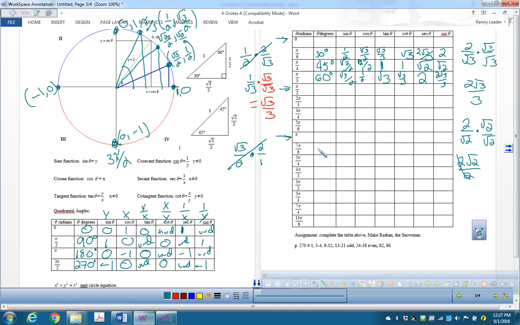But how about if we do this row right here? 7 pi over 6. What's the name in degrees for 7 pi over 6? 210 degrees, right? 210 degrees, because that's over here, that's past 180 degrees by 30 degrees, right? So that's what we're talking about. Who can tell me what the coordinates are in that row? Negative root of 3 over 2, comma,